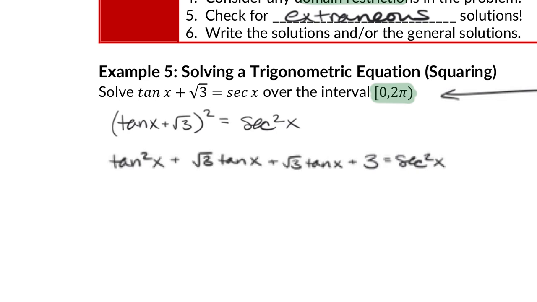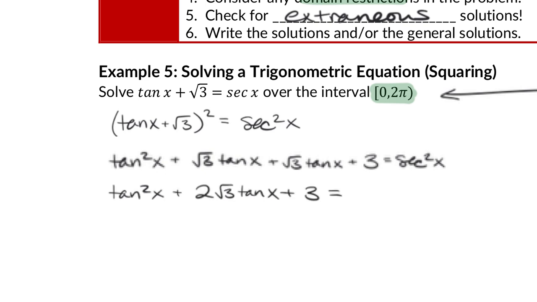Let's simplify some things. What do you notice is happening in the center here? It's the same thing. So I could just write that as double. So tangent squared of x plus 2 square root 3 tangent of x plus 3 equal to,